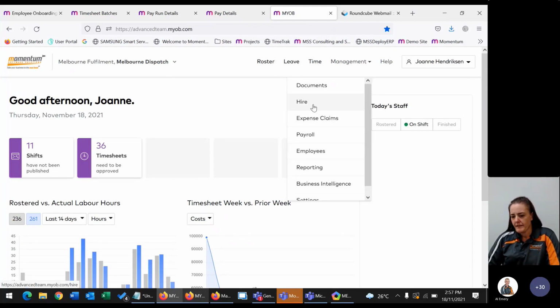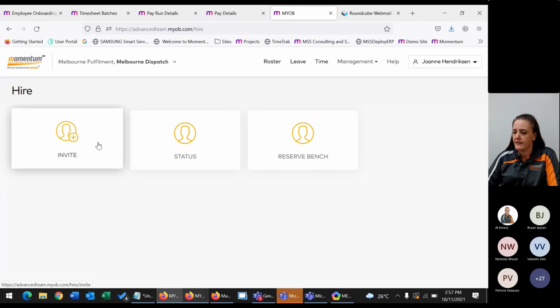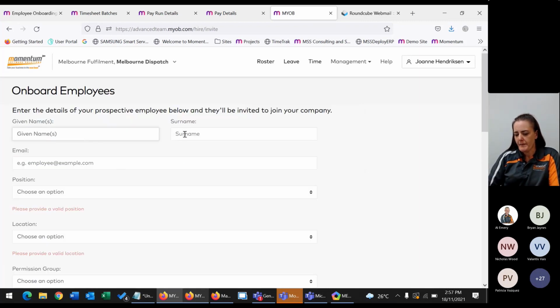So the biggest feature, I think, for advanced payroll users in particular would be the onboarding. So onboarding, as you know, in Advanced is quite a time-consuming process. By the time you've added an employee card, then created the pay details, it is quite a long process. So in the workforce management, we can actually put that data entry into the employee's hands, and they go through a really simple process on a web browser or on a phone, and they fill in all of that information that you would normally have to populate in several places in Advanced Payroll.